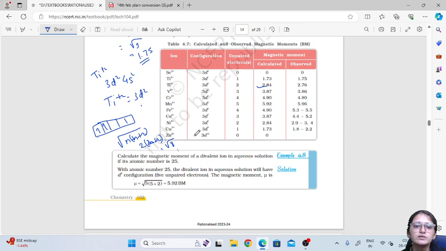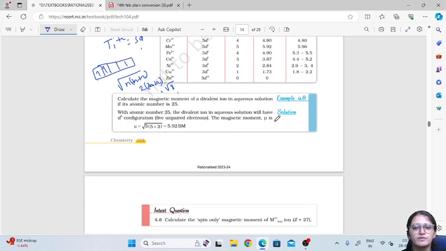Then if you have root 15, when we take 3 here and 5 here, 5 into 3 is root 15. So for root 15 we will see root 16. Root 16 is 4, so root 15 will be around 3 point something. So that's why we get this value. These values are based on this equation, and it is very easy.